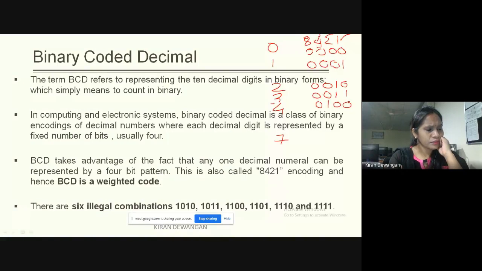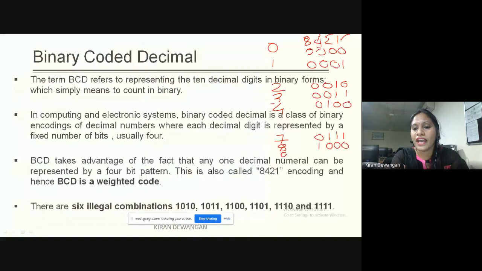Yes, students? What would be the BCD code for 7? Yes, correct. It is 0 1 1 1. Then we have 8. What is the code for 8? Yes, it's 1 0 0 0.